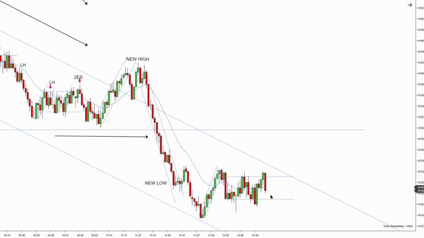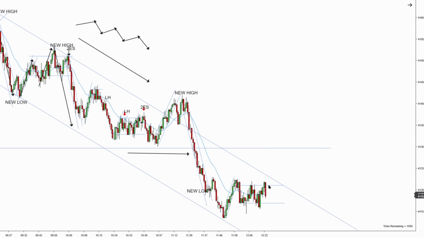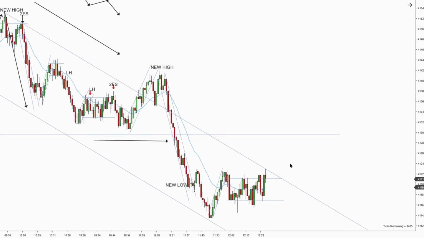Just don't touch it. Okay, new low, first entry short, second entry short. And the astute members may already start to see a similarity of the structure. So what are you expecting? Well, you're expecting a new high for this uptrend, and this is a repeat pattern of this and a repeat pattern of this.